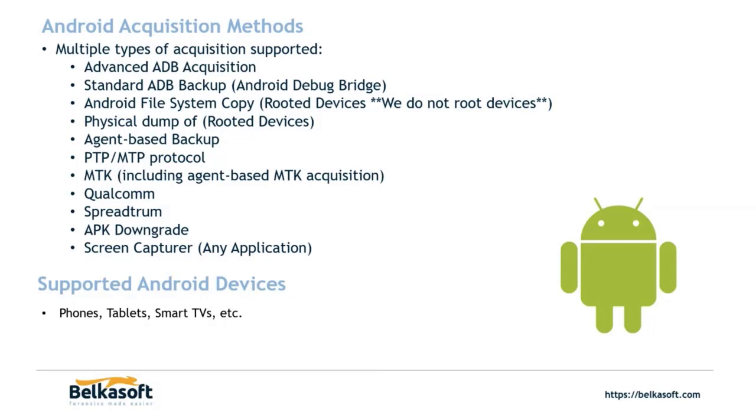This will get you your pictures, videos, audios, and maybe a few applications depending on the type of application. The next three are chipset exploits that we have: MediaTek, Qualcomm, and Spreadtrum. This is going to rely on the chipset that's on the device. You'll notice that there's an agent-based MTK right next to MediaTek. That's utilizing the exploit from the chip that we have in order to put an agent on the device and